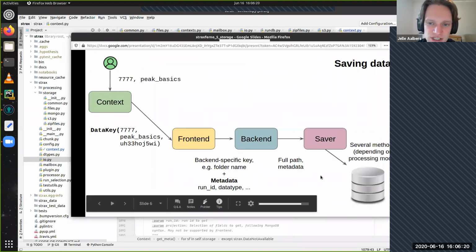The registration happens by the front end. So the front end is the guy that says, okay, you want this data? We don't have it. Okay, we're going to write it, and I know how to access the rundb because that's the rundb front end. But the front end never receives a call when the data is done. The way it works is that this thing creates a saver and that's then handed off to a processor and then data flows through it. But there's never a place in Strax where we're calling back to the front end and saying, hey, now we're done, so let's update the registration.